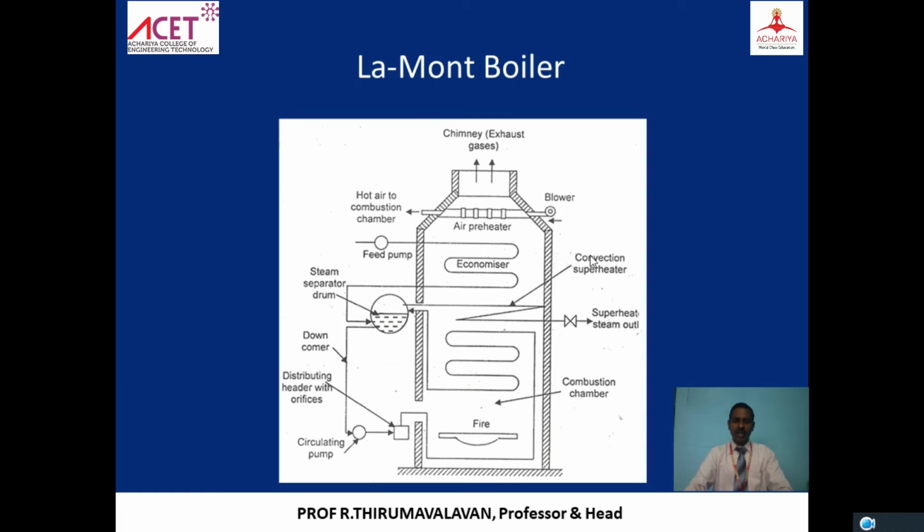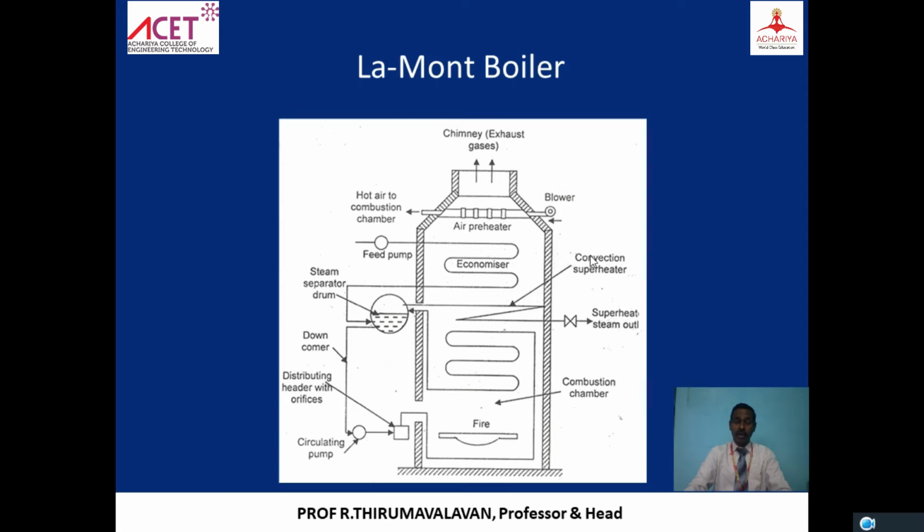Any boiler has a minimum set of required devices. It will have the economizer, the superheater, the combustion chamber, the air preheater and blowers. All these things are common to all boilers. All the boilers we are going to see now are only water tube boilers. We are not going to see fire tube boilers in depth, just what is meant by a fire tube boiler. Most thermal power stations use water tube boilers only, because they can go for a higher capacity as well as high pressure.